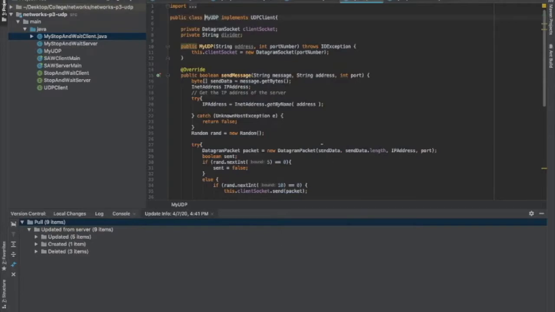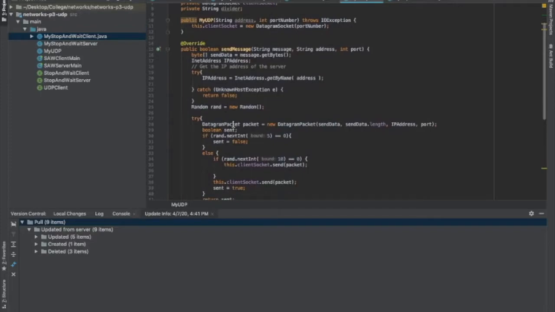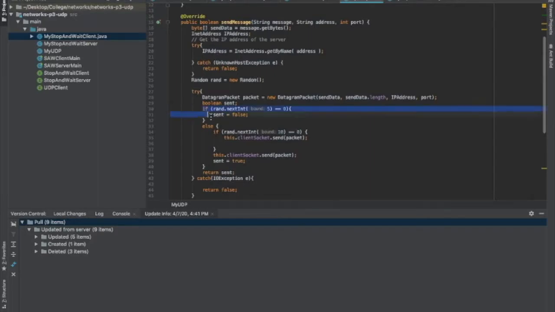So this is the unreliable UDP layer, and the send message, it receives the message that is meant to be sent, the IP address as well as the port that the server is using. It basically tries to get the IP address to see if it's valid, and if it is, it'll create a new random number and it'll try to generate the datagram packet to be sent to the server. And in these conditions, this is where